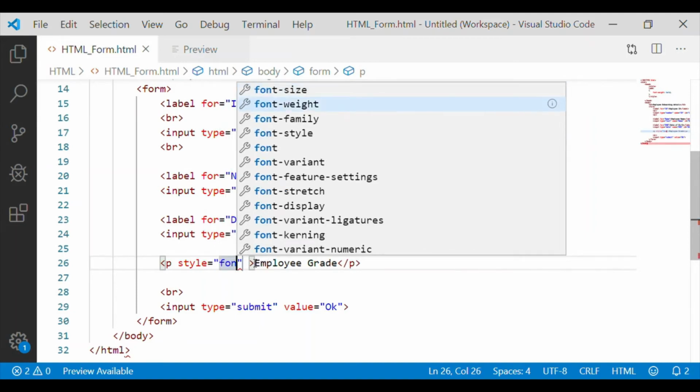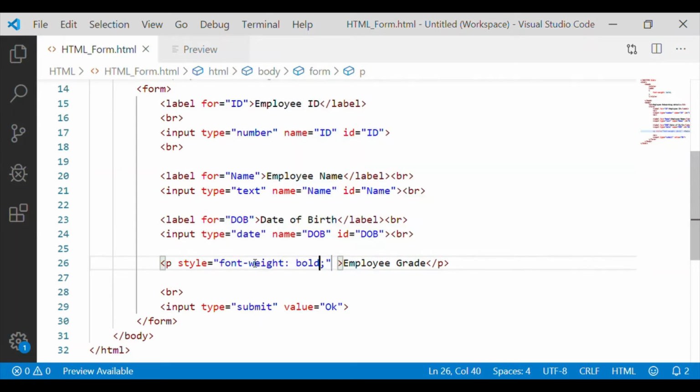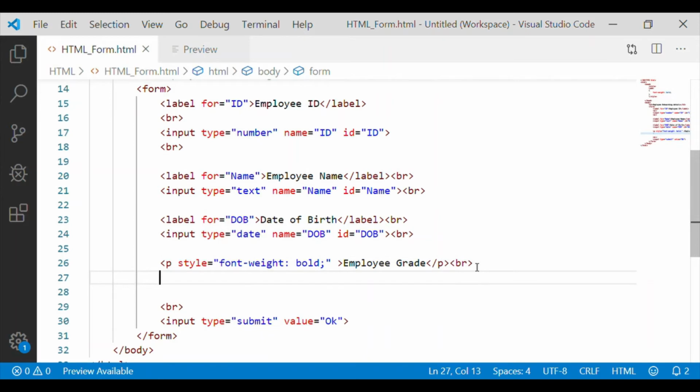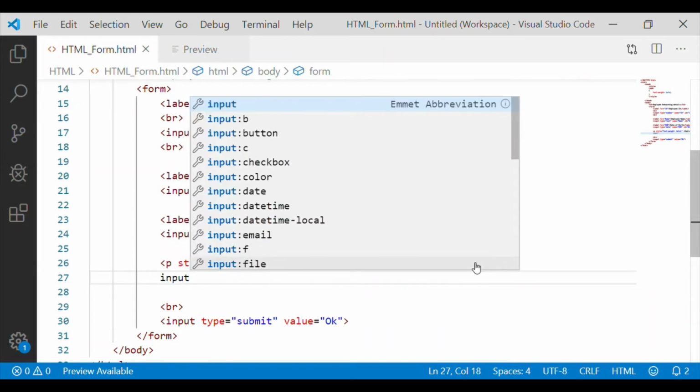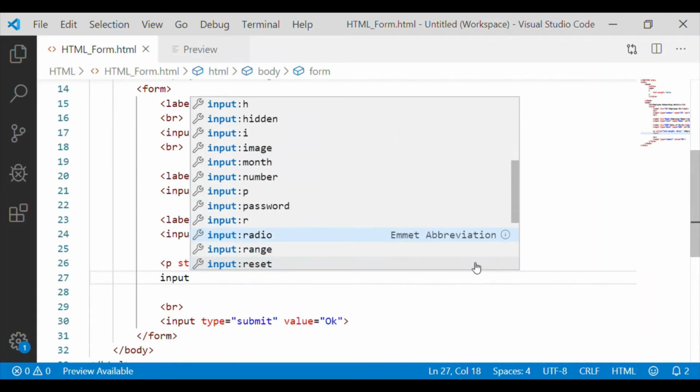This employee grade, I am giving it under the paragraph, as the style was applied only at label level. I am including style of font weight bold for the paragraph employee grade. Input type, let us have the radio option.